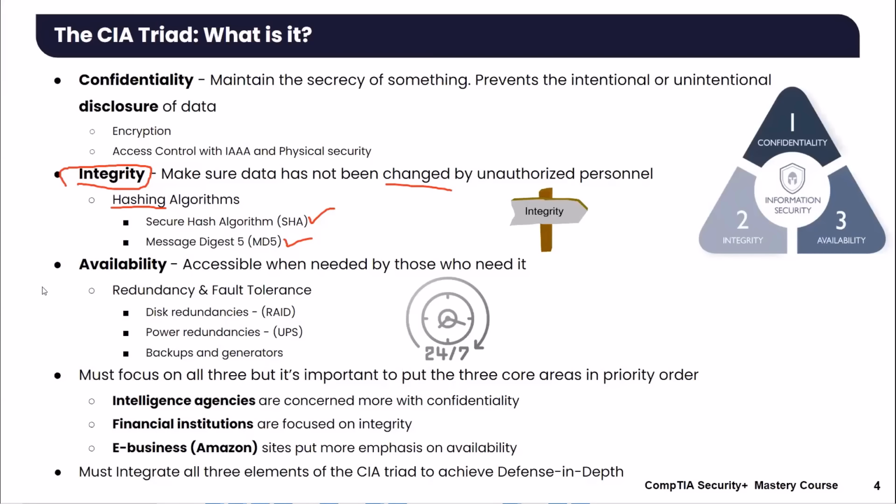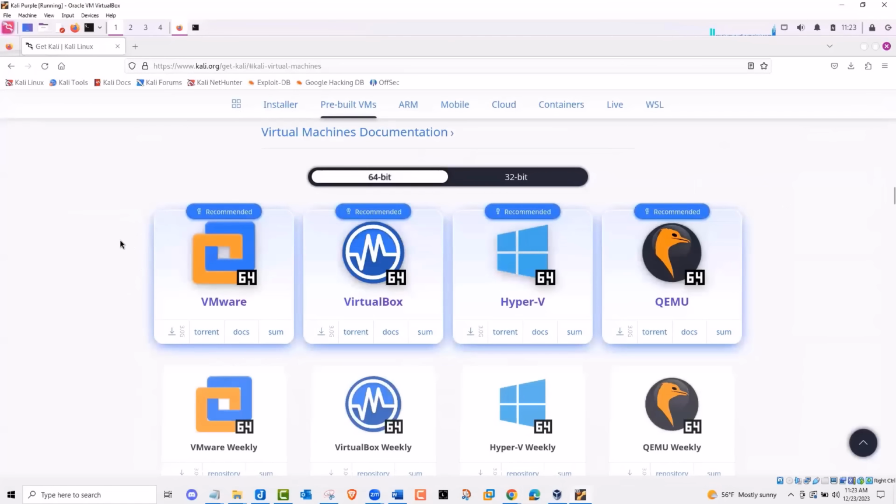Actually, let me go ahead and demonstrate this for you. On my Linux, imagine you're trying to download this VirtualBox. One of the things you can do is download it by clicking on this little icon here. But the question is, how do you know what you are downloading is original? How do you know this file has not been tampered with, that nobody has messed around with